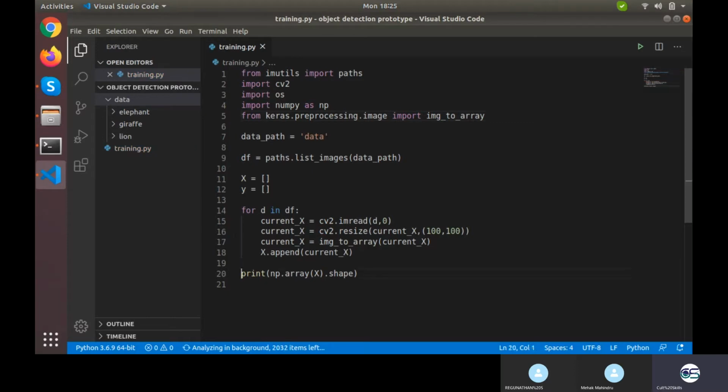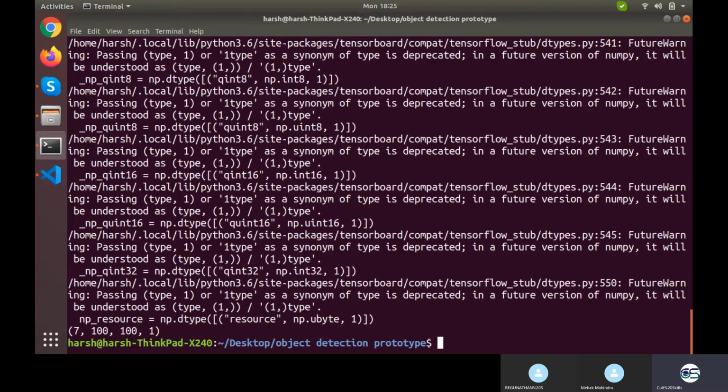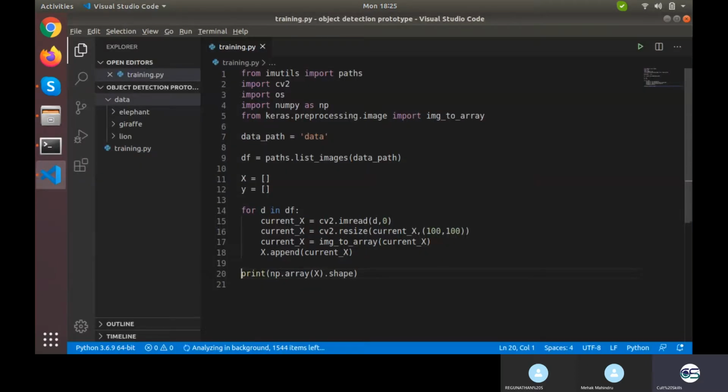So till now we are ready with our X part, not Xtrain, Xtest or anything with Y, but simply our complete X part. Let's make Y. And what is basically our Y?